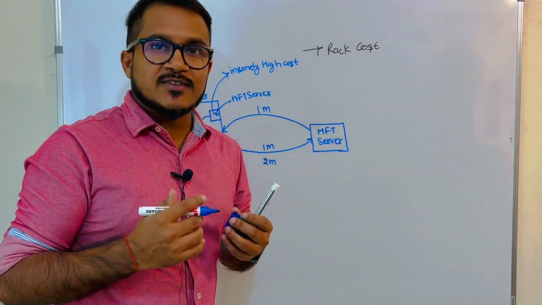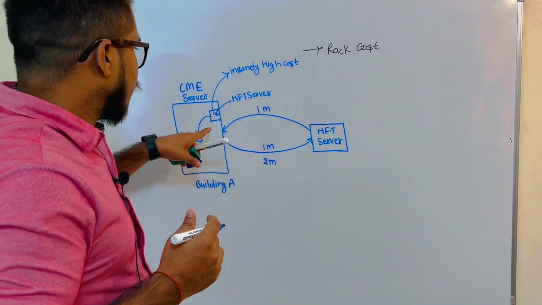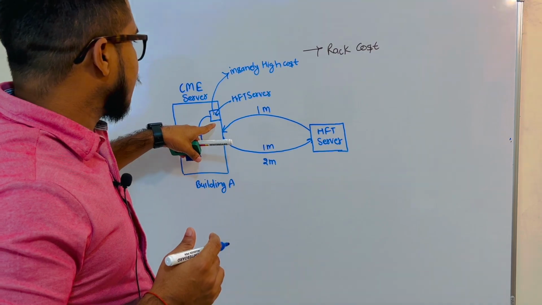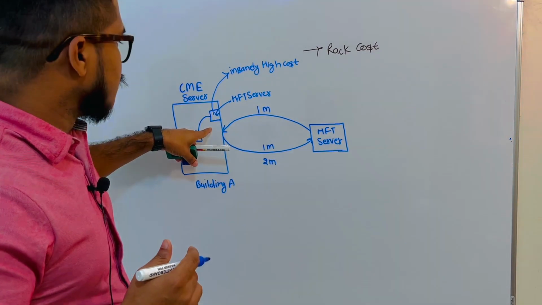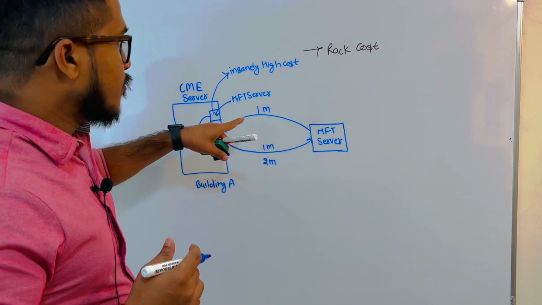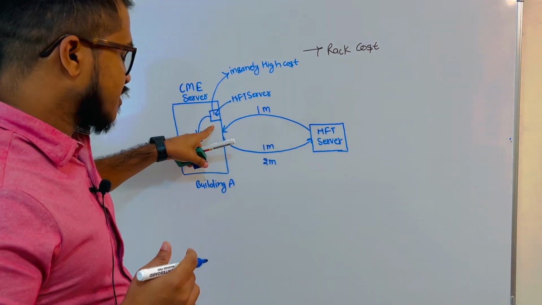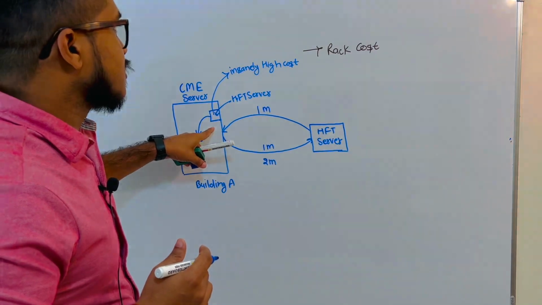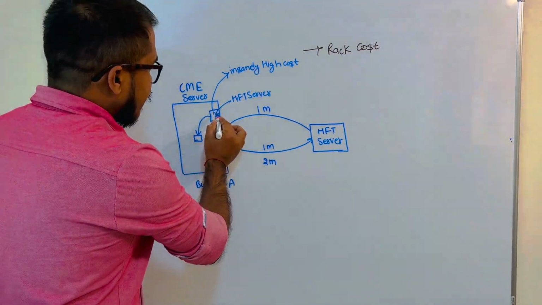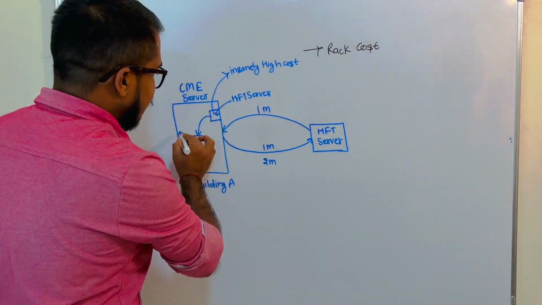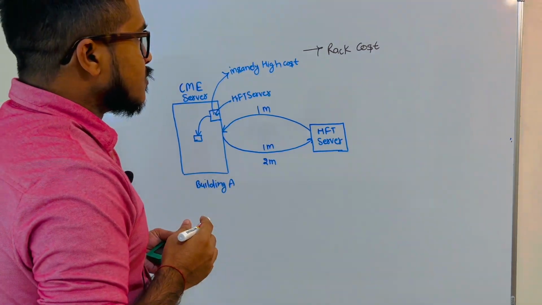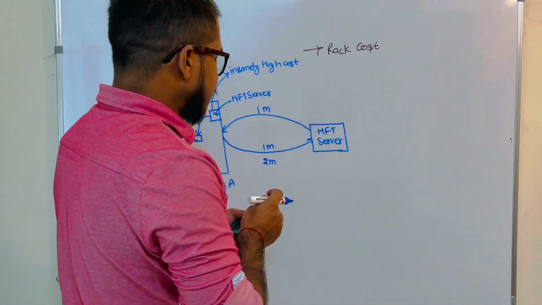So all the HFT firms cannot pay for this insanely high cost of setting up the server inside the same building. So this is one of the major expenses when we are trying to build an HFT infrastructure. Why? Because you are trying to set up your server inside the same building where the exchange server is. So now if we talk about the second cost,